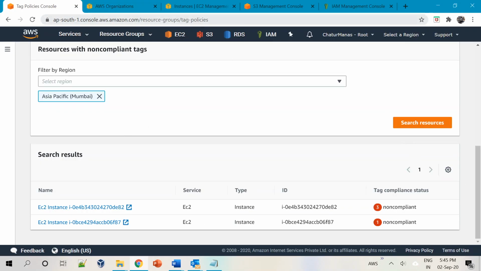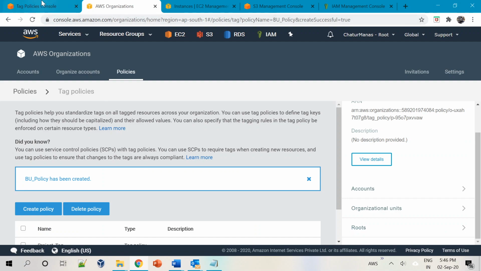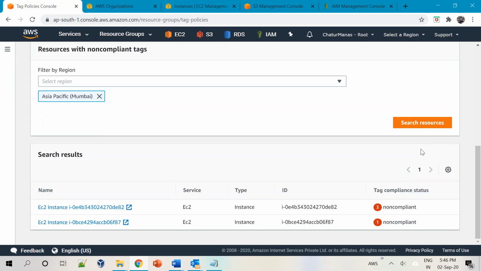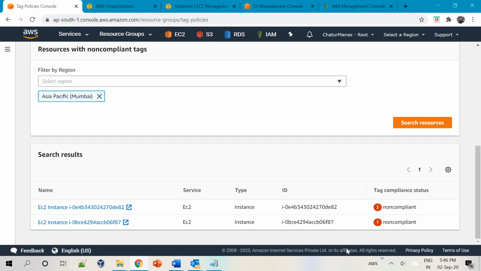Let's go back and make it compliant, at least at the first level. I'll make it finance. And I'll come back to this as a resource, search resource. Yeah, just not refreshed.